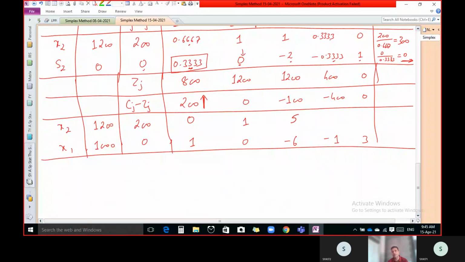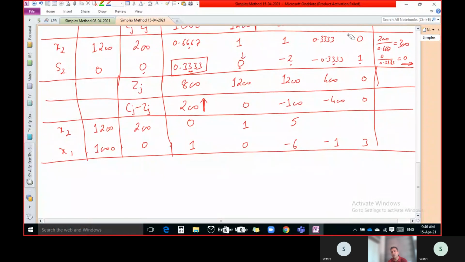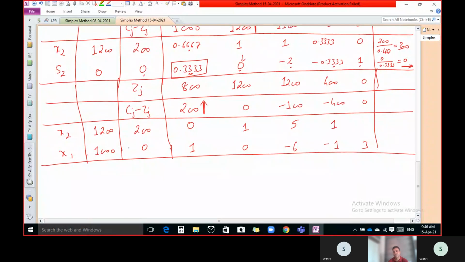Now to calculate this value. So the old value is this. Minus what we have to subtract? So this with this into this, divided by this. So obviously this and this are the same. So once we multiply this and divide by this, we cancel this and only get minus 0.66666. But that is also a minus sign. So we have to add 0.66666. So we get ultimately 0.99999. That is nothing but what? 1. So we get here 1.